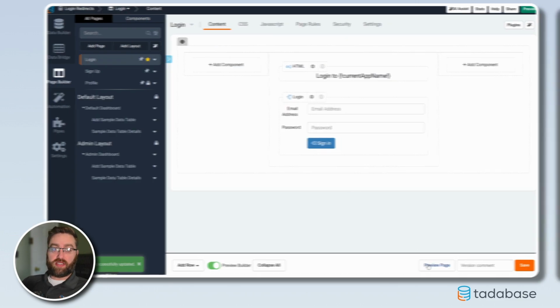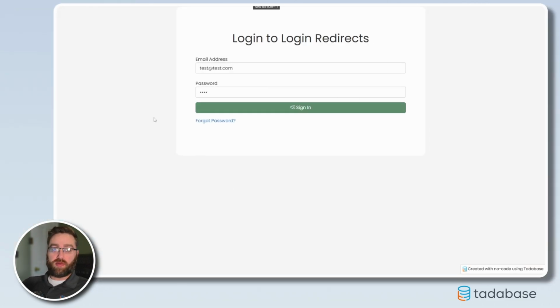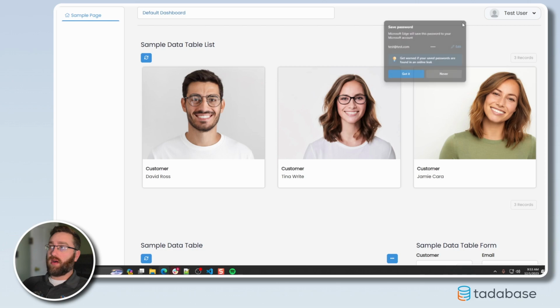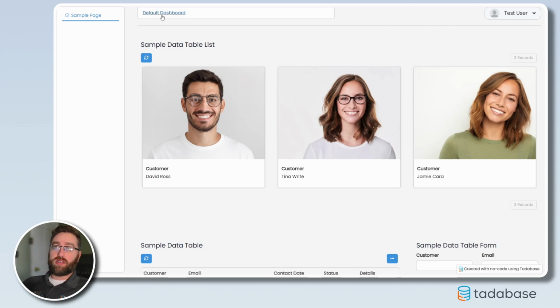Let's go ahead and enter into our application so that we can actually see what this looks like. I'm going to log in with this test email address here. Now, this is the test account for a default user. So this is going to take us to the default user layout. You can see that when we logged in, it sent us to the default dashboard. We did not have to click to navigate anywhere. We intelligently sent the user where they needed to go based on our login redirect rules